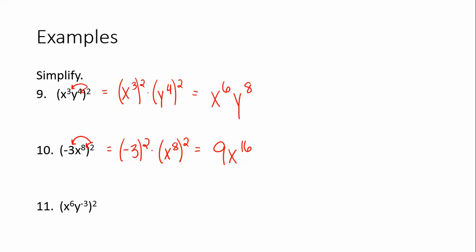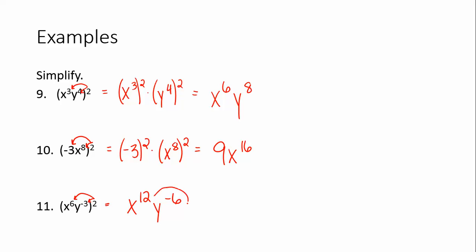If you'd like to pause the video, try number 11 on your own. Make sure you simplify it all the way down. So we have x to the 6th being squared, y to the negative 3rd being squared. I know that when I have a power raised to a power, I have to multiply, so I get x to the 12th. Negative 3 times 2 is going to be y to the negative 6th,